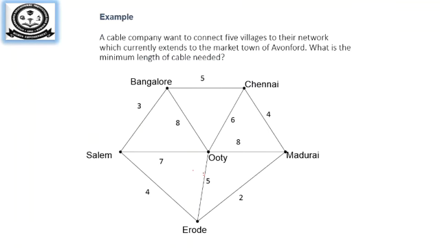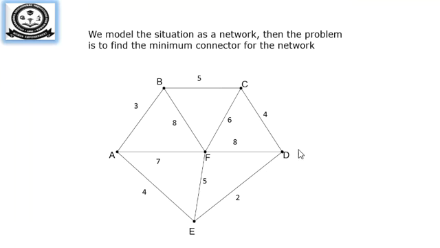Suppose a company wants to connect different cities at a minimum distance. You can see here I have given nearly 6 cities and they are being connected together based on some distance. So here 8 may represent some distance or cost required for connecting the two cities. Now we have to find the minimum possibility of connecting all the cities at the total minimum cost. So we'll see how it is done. First thing we'll do is rename the cities into A, B, C, D, E and F.